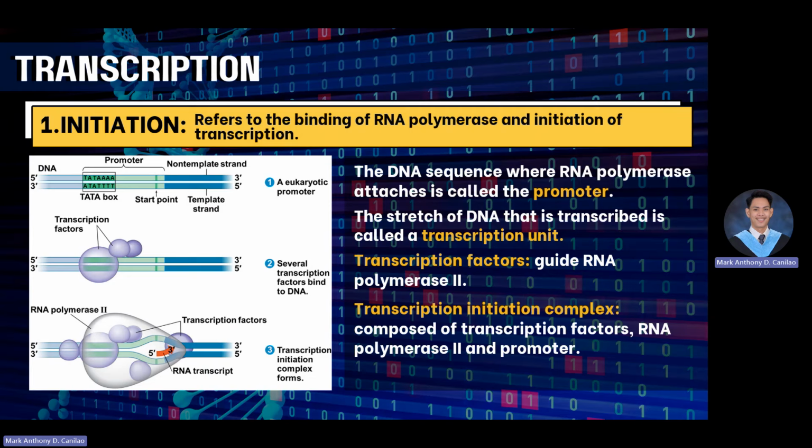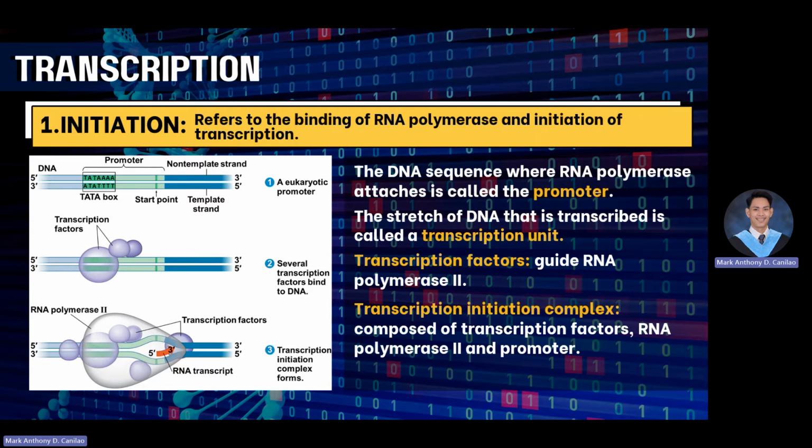If we're going to look at the picture, just like what is mentioned in the video, there is a promoter site in the creation of mRNA. The promoter site is the specific location wherein the DNA template strand will be transcribed to create an mRNA. There is a location in the promoter site known as the TATA box. It is called the TATA box because the nucleotides located there are specifically thymine and adenine, and the sequence goes like TATAAA, and ATATTT on the bottom strand. So it is called the TATA box for distinction.